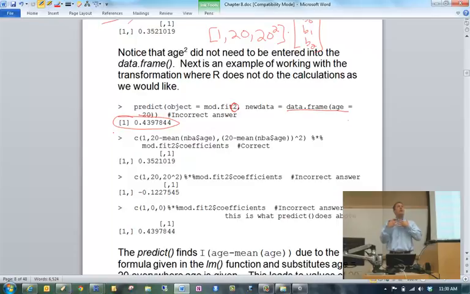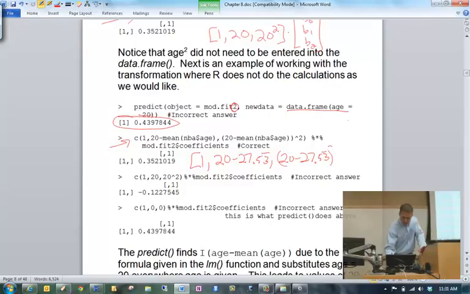Or I should say, the way you want it to, which would be essentially, here's how I did it in matrix calculations: 1, 20 minus 27.53, 20 minus 27.53 squared, times the corresponding B0, B1, and B2 for this particular model.